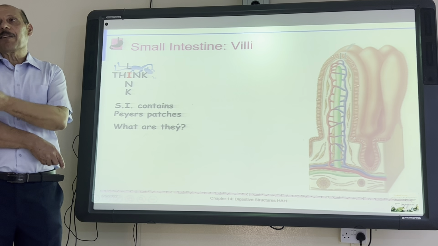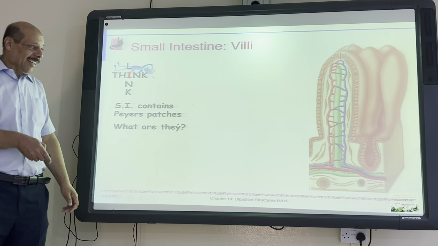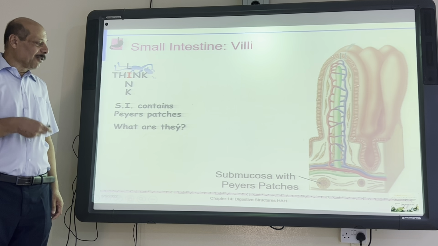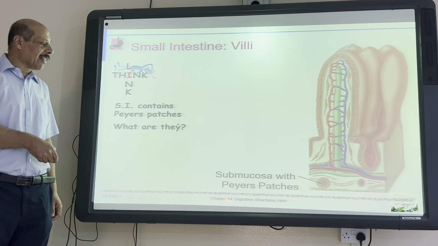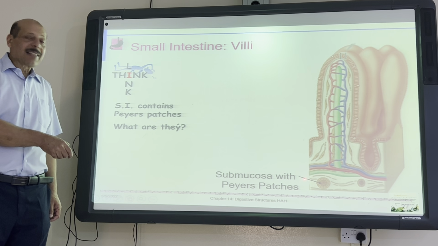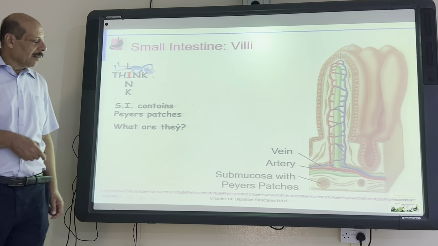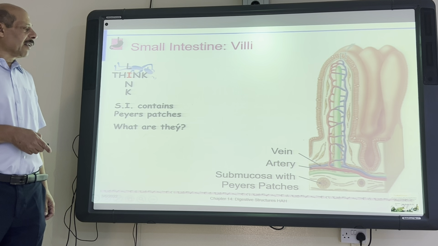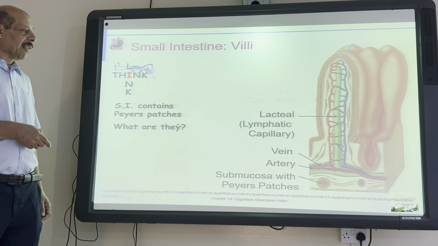It is lymphatic. So the Peyer's patches are similar to the tonsils. Within the submucosal layer, there are the Peyer's patches. That is lymphatic. Those are the artery, veins, and lymphatic capillaries. Blood capillaries here,